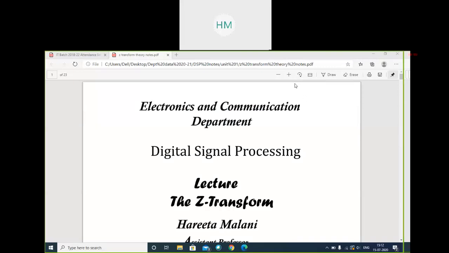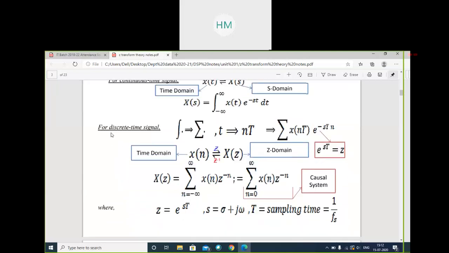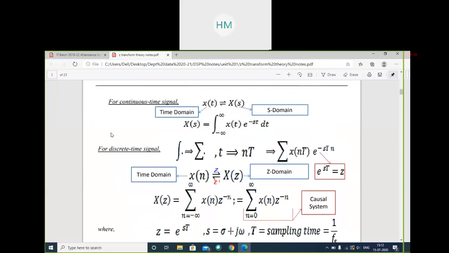We have started with Z transforms. So in continuation with that, basics we have discussed. What is the equation of Z transform we have discussed, I will revise once again. In Z domain, x of n is converted into x of z, and x of z equation is given by summation n is equal to minus infinity to infinity x of n z to the power minus n.